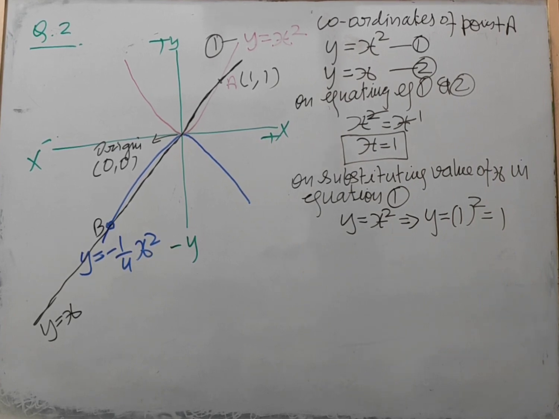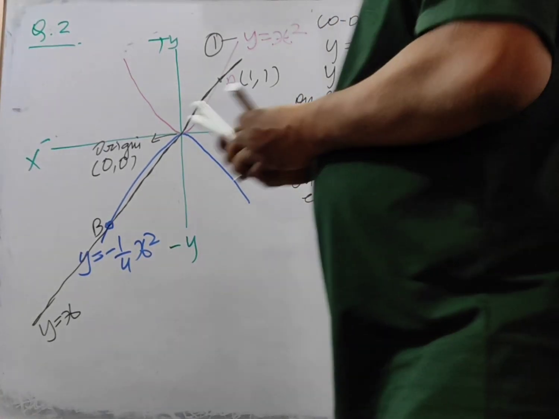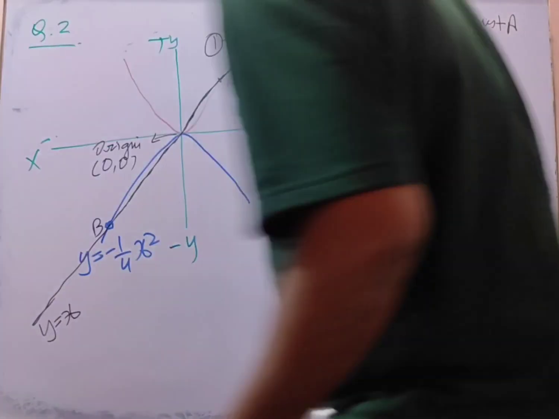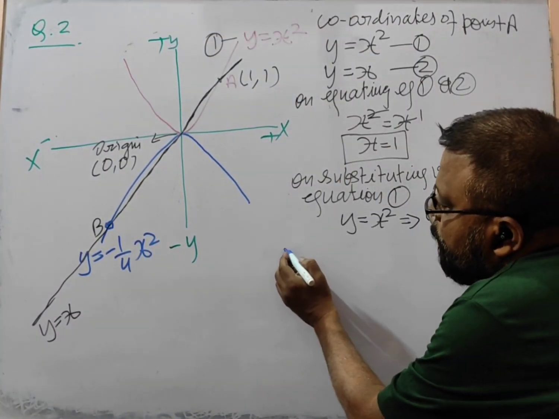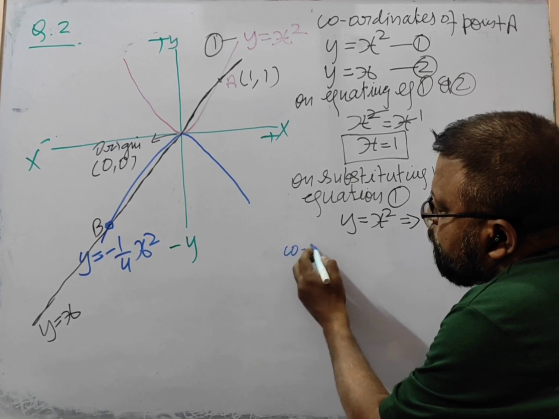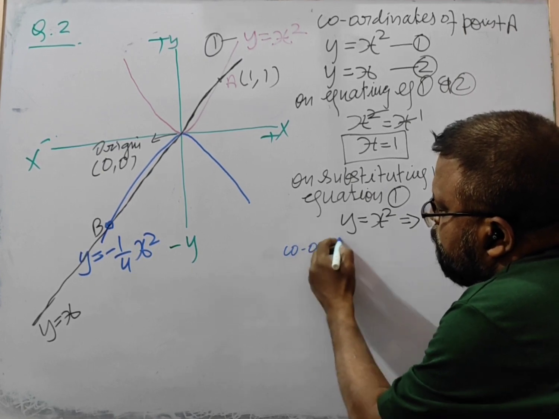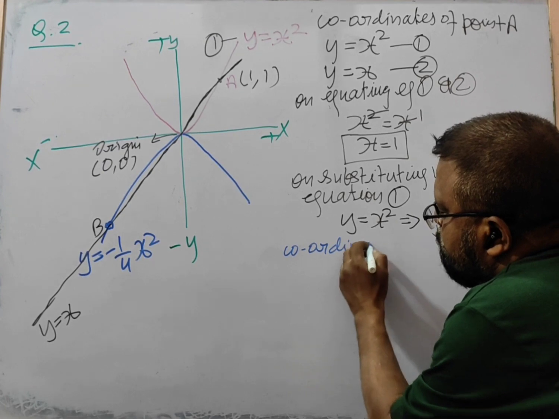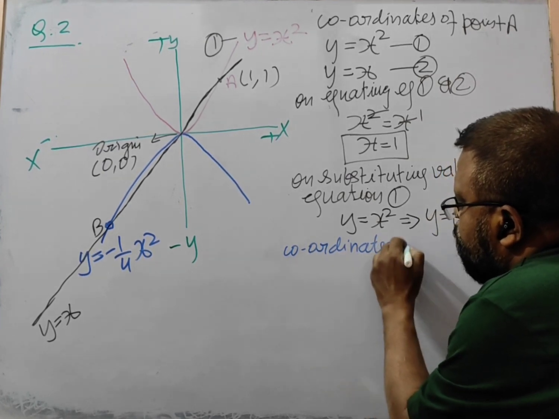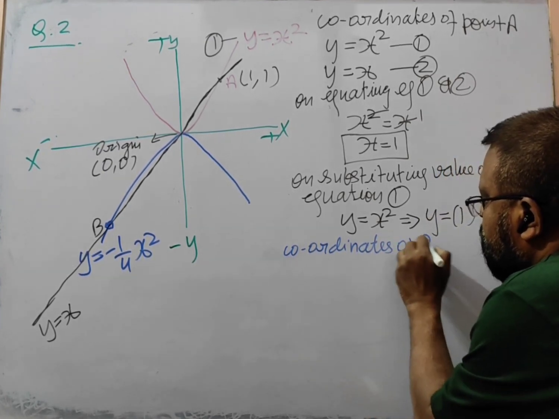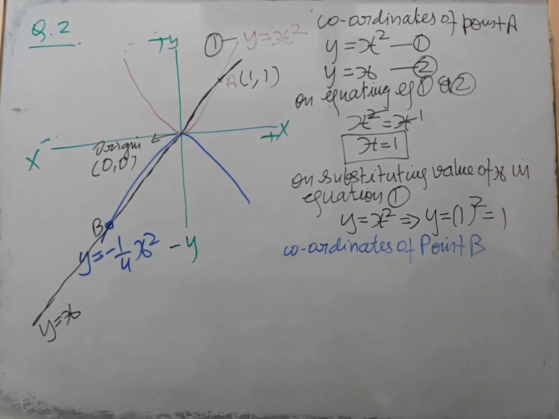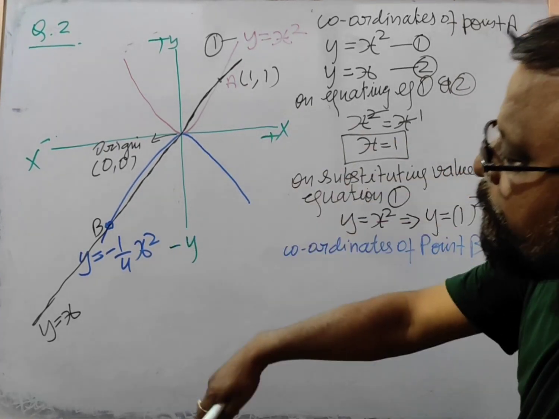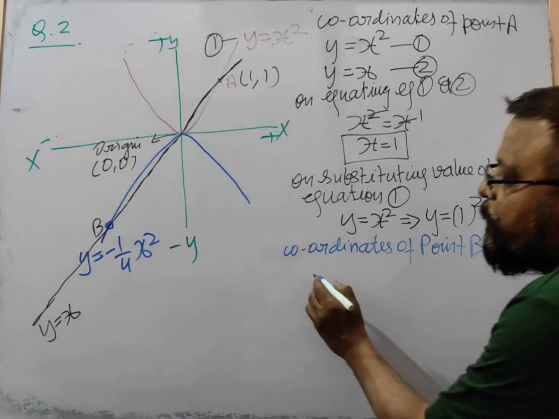Okay. Should I move to next? Now we have to find the coordinates of point B. So here again we take these two equations, say